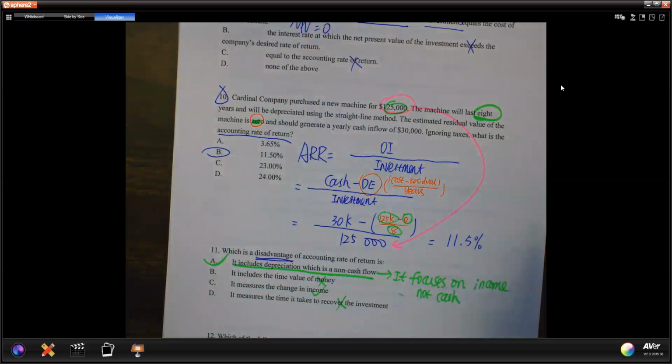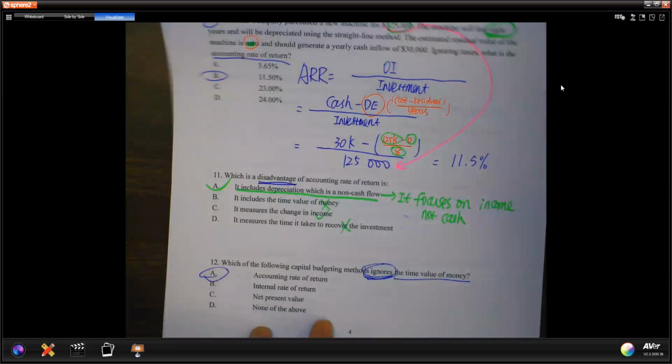Question 11, talking about the disadvantage of accounting rate of return, is that it talks about the income instead of cash. I don't really think it's a disadvantage, but this question just said most likely we should use the cash to do the capital budgeting. Kind of disadvantage of using accounting information is we put the non-cash item of the depreciation there. But again, I'm not going to test you on this one, just to make sure you get some idea.